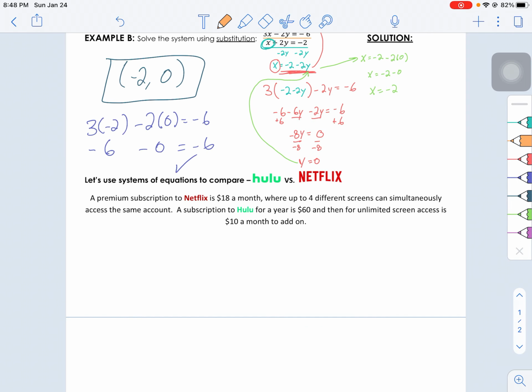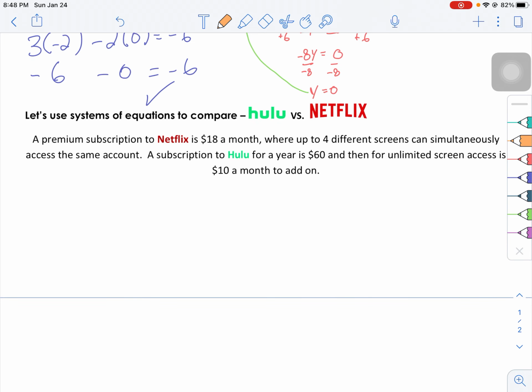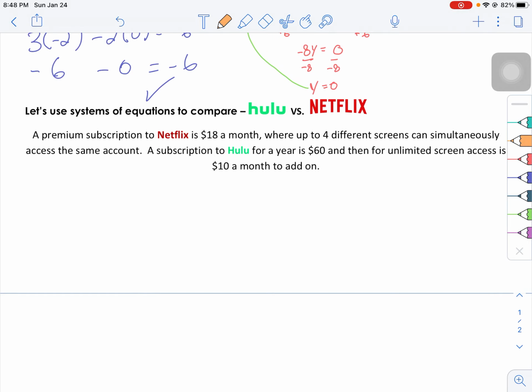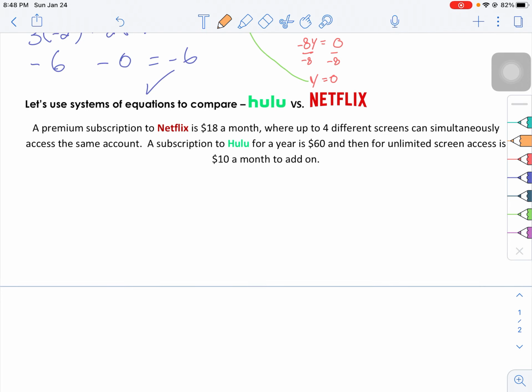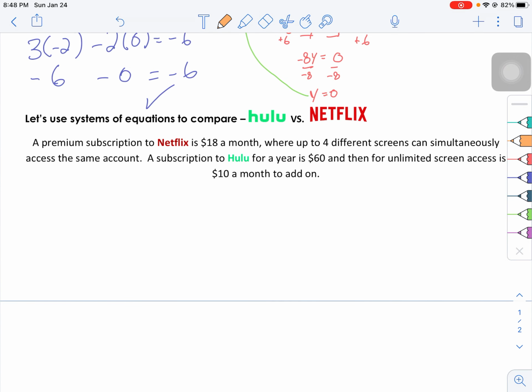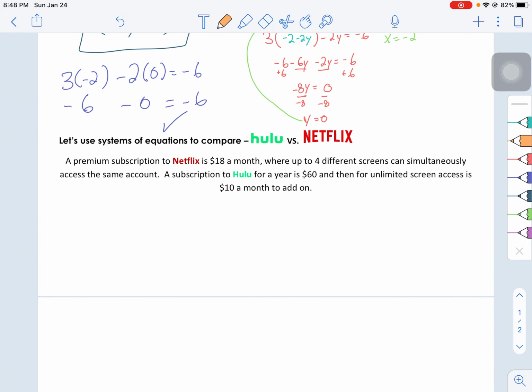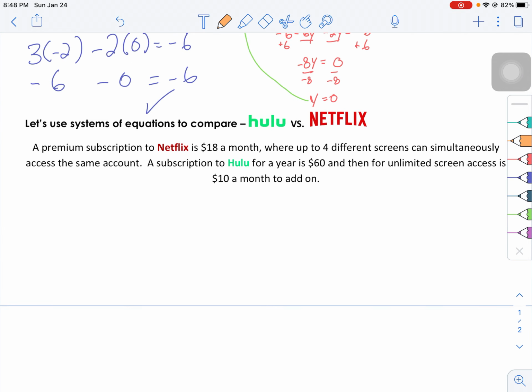All right, last example here. Let's use systems of equations to compare Hulu versus Netflix. It says a premium subscription to Netflix is $18 per month, where up to 4 different screens can simultaneously access the account. A subscription to Hulu for a year is $60, and then for unlimited screens is $10 a month to add on. So, this question is trying to get us to figure out